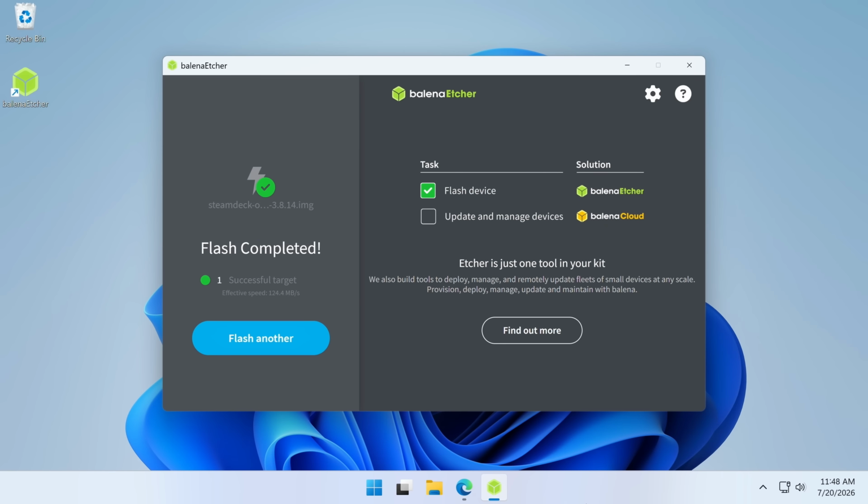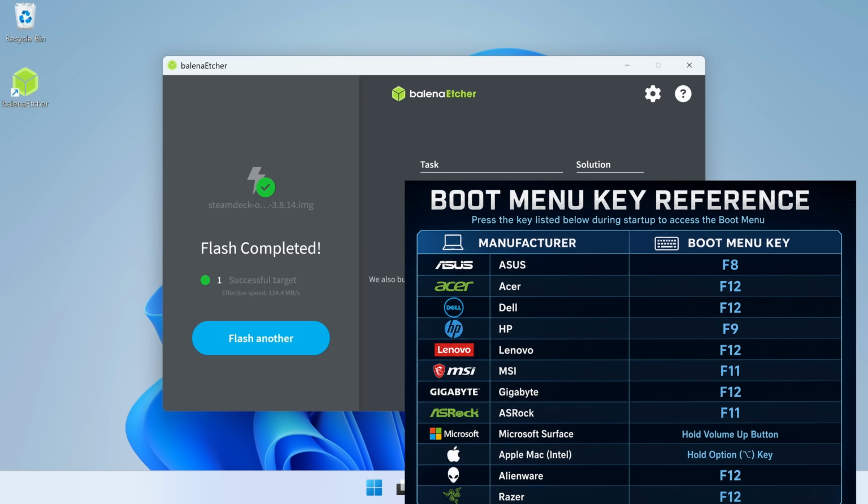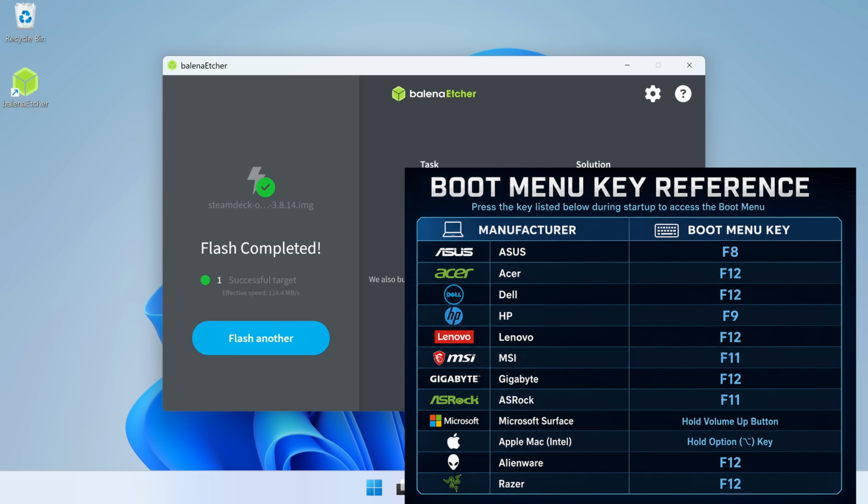And all I have to do right now is restart my computer and use the flash drive as my boot source. And to do that, I'll need to access my computer's boot menu. The actual key that you'll press will vary from one manufacturer to another. Usually it's going to be something like F7 or F12, those are common ones, but there's others as well. But to help you out, what I'll do is show a card on the screen right now that'll give you all the boot keys for the most popular manufacturers. Just check the list and find yours, and that should tell you what key you'll need to press as your